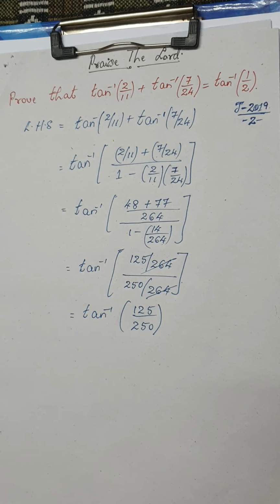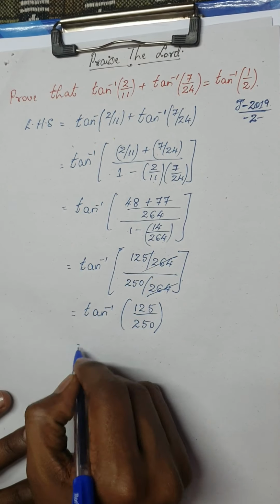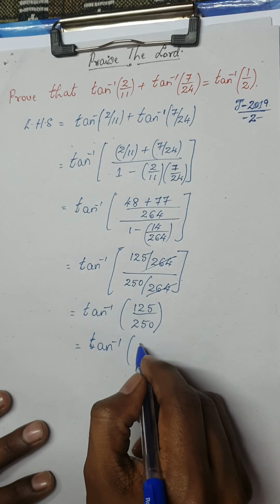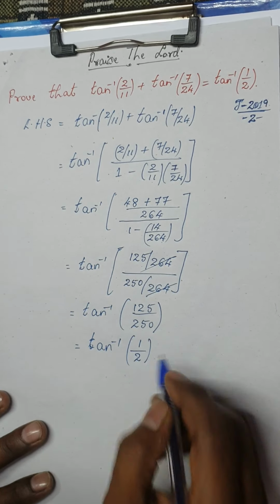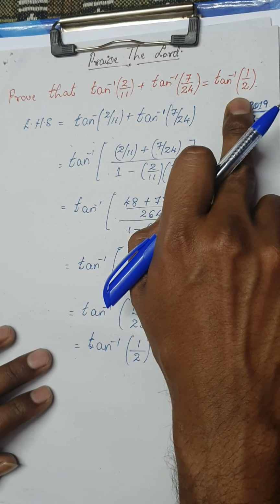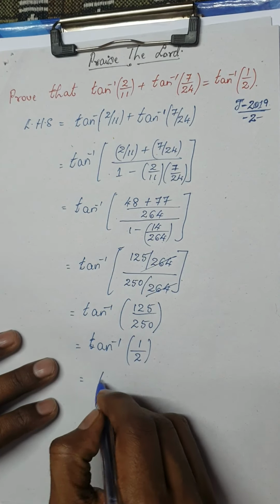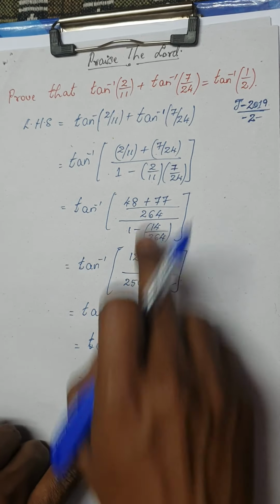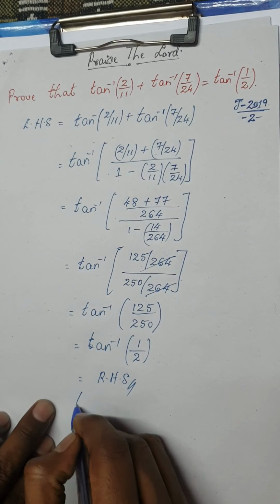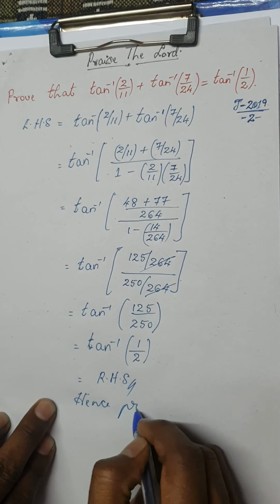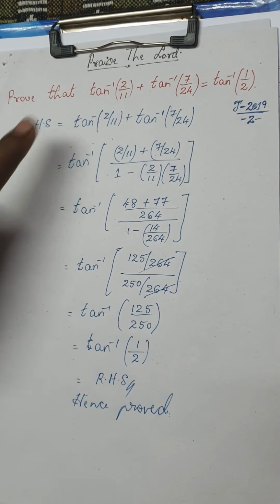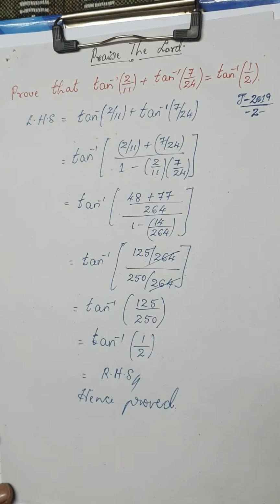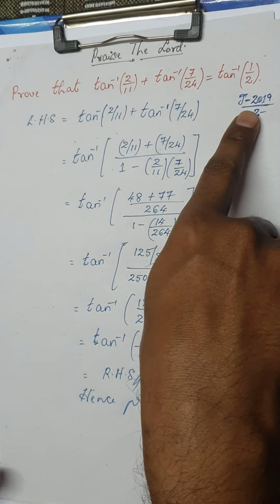Okay, so I think it's very clear, you can easily check here. So this is nothing but tan inverse of, we know 125 ones are 125 and 125 twos are 250, so it is tan inverse of 1 by 2, and that is what I want to prove. So this is nothing but your RHS. Okay, I considered LHS and I got the RHS using the formula of tan inverse x. So this is hence proved. This is how you prove these kinds of questions on tan inverse x. Okay, so this is the question which has been asked once in the examination.